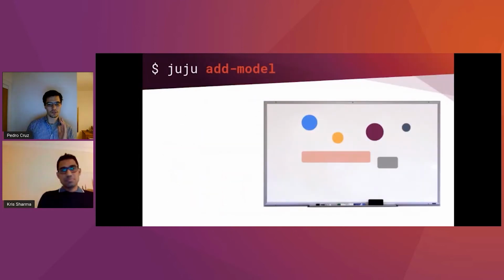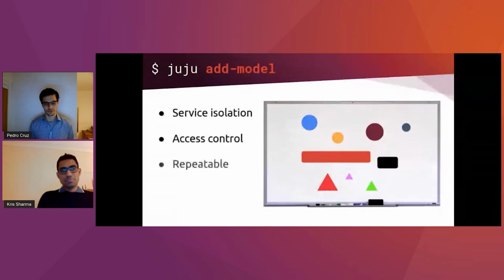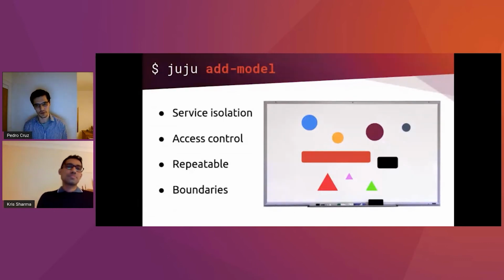And then let's talk a little bit about the Juju add-model. That's a very important concept in Juju, and I'm sure I'm not going to do justice to the importance of this concept in this minute. But when you're adding a model, what you're doing is basically creating this whiteboard that sets the boundaries of that part of your deployment. So you can set the permissions, you can set the access control, and